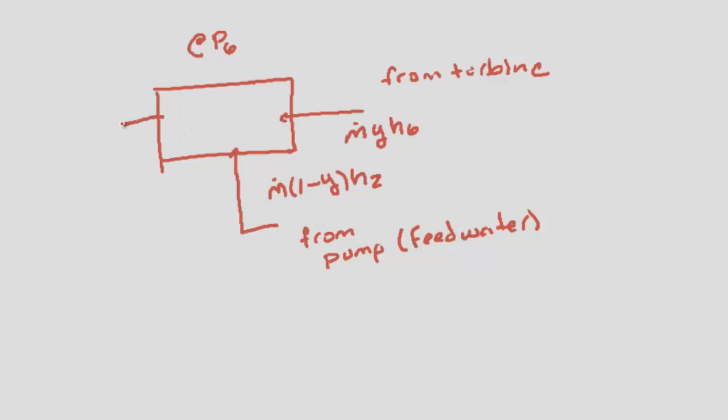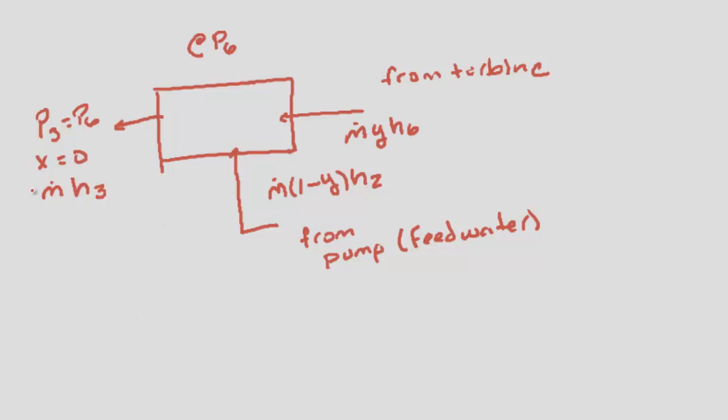And what we do is we calculate this fraction that we extract. So we have this at pressure 3 equal to pressure 6, and we would like to have saturated water. So at the exit we have the complete mass flow rate, because we now join both, times the enthalpy 3. So at the end, our energy balance,